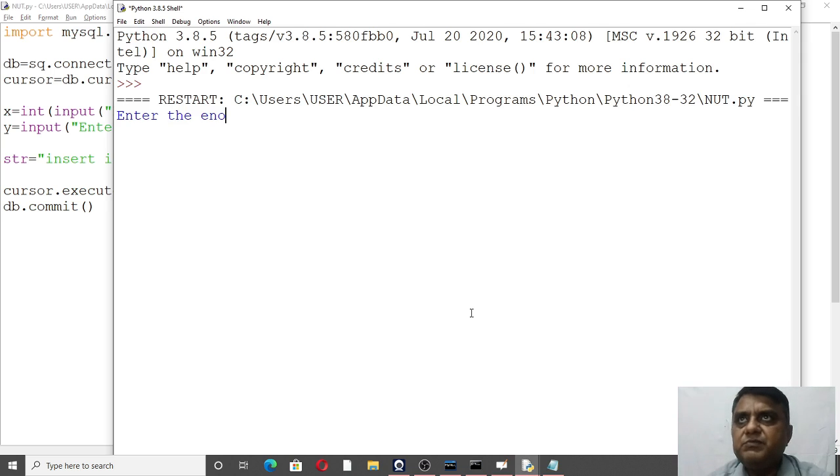The program will ask to enter the employee number. Let's say you give the employee number as 30. Then enter the name. Let's say the name is Geeta. Geeta is the name of the employee, and then it will insert into the database.